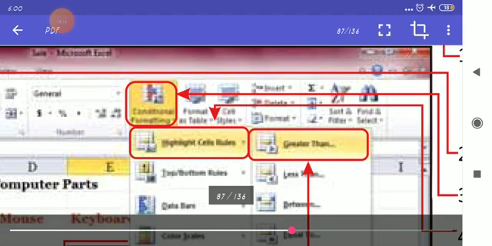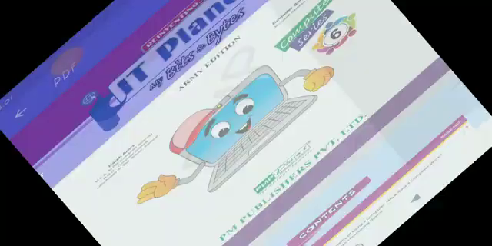So first, whatever changes you have to do in Excel, you have to first select the cell or the range. Then only you can change these things. If you have not selected the cell, the formatting will not occur. Then you will wonder why it is not happening, what mistakes you are making. So remember the steps: first select the cell, then you can do the formatting in that cell.